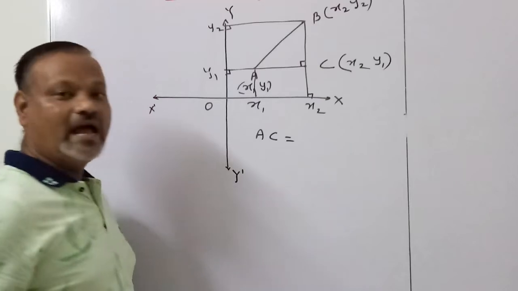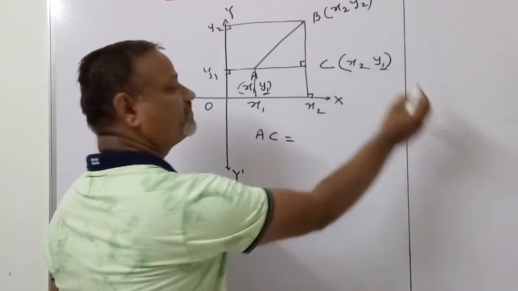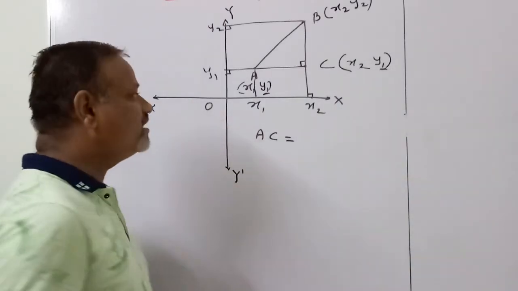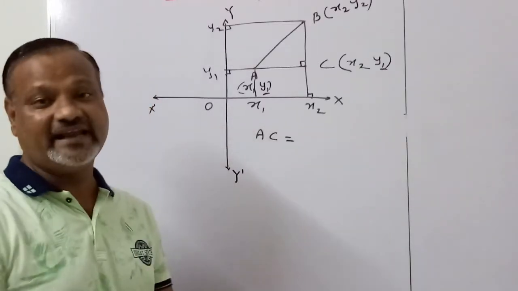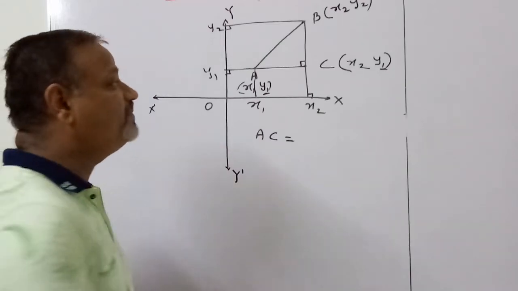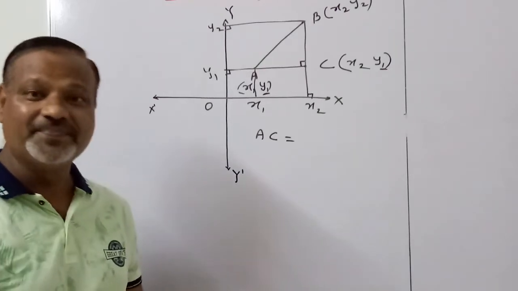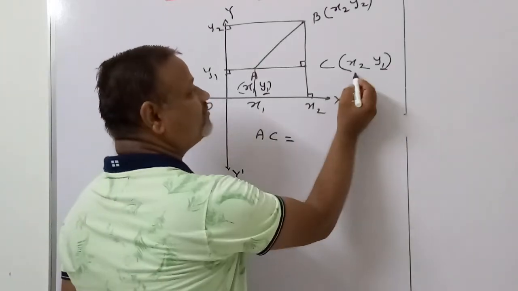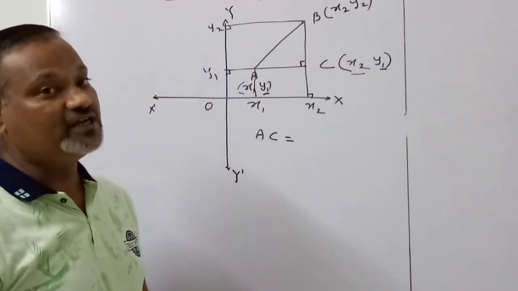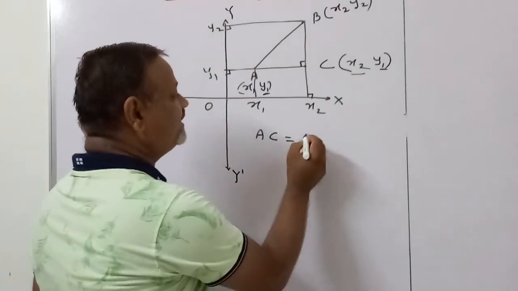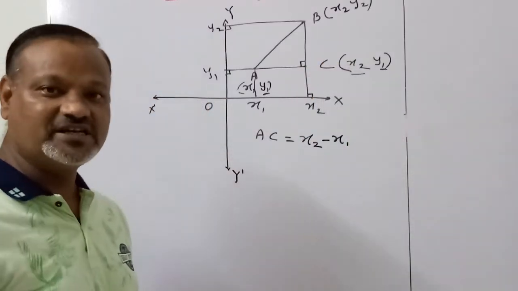AC फाइंड आउट करेंगे. अब AC यदि मैं कंसीडर करता हूं तो AC में इसका y कोऑर्डिनेट सेम है. ओके? y कोऑर्डिनेट सेम है बिकॉज़ AC is the line which is parallel to x-axis. तो नेचुरली इसमें x कोऑर्डिनेट ही कंसीडर करेंगे, y कोऑर्डिनेट नहीं, बिकॉज़ y1 minus y1 0 बन गया, तो उसको छोड़ देंगे. तो बचा x कोऑर्डिनेट. अब इसमें ग्रेटर कोऑर्डिनेट क्या हो गया? x2 and what is the smaller coordinate? x1. So what is the formula to find the distance between A and C? That is greater coordinate minus smaller coordinate. अंडरस्टूड? इतना समझ गए?